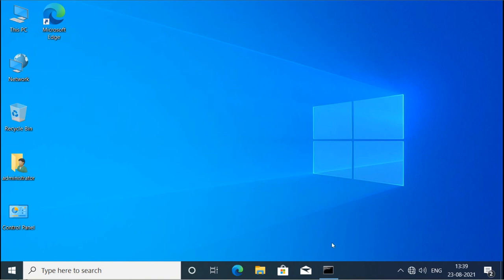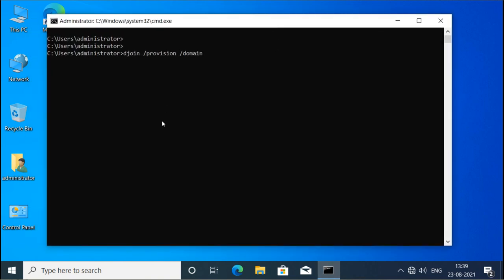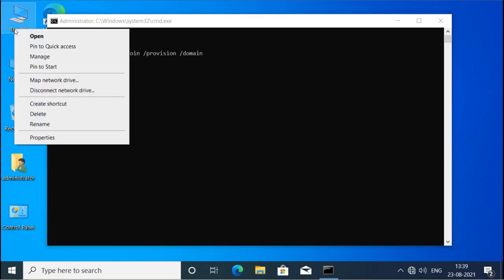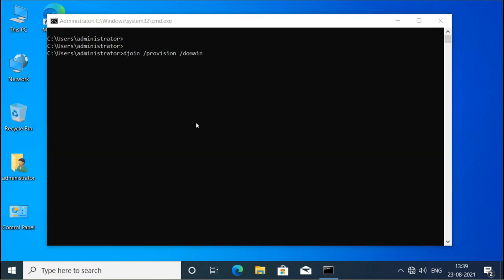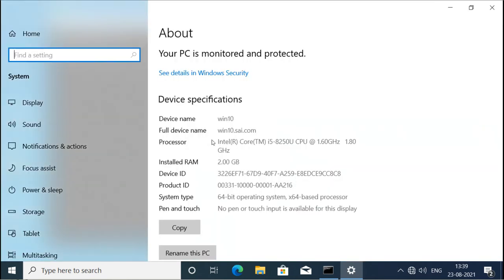So for example, this is my Windows 10 machine, and it is already a member of the domain. We can see that this is the machine name, and it is already a member of the domain.